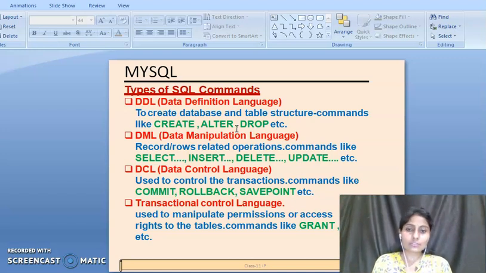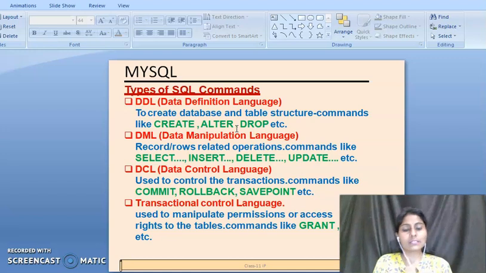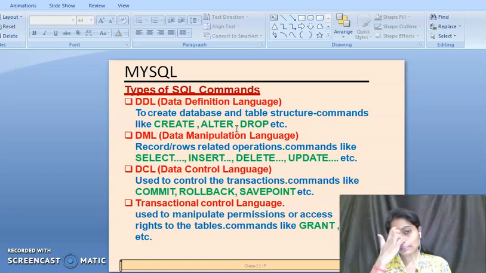Students, first of all, you know that an RDBMS is a relational database management system. It means software that is used to store the database in tabular format.